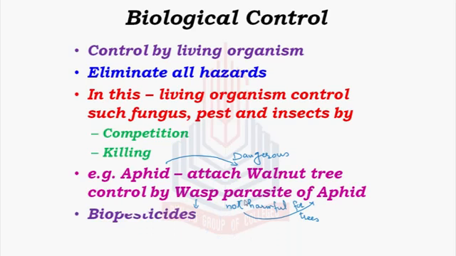Similarly, some biopesticides are there. As the name indicates, pesticides. These are those living things which are removing pests from the environment. For example, bacteria and fungus. Both of them are biopesticides. They can actually save us from pests by attacking them unintentionally. They are just attacking them by their natural behavior in their natural environment, but unintentionally they are helping us and we are using them as biopesticides.